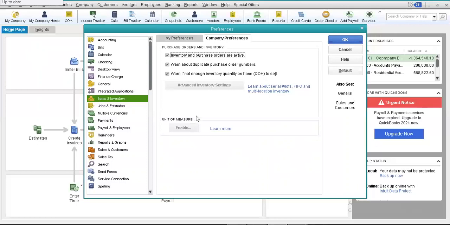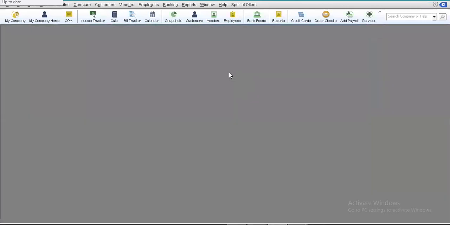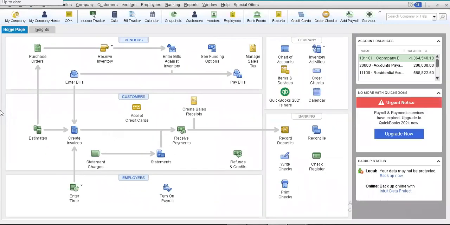All right, so my dear friends, you just select OK, and again QuickBooks will take some time to make these changes take effect. And now when you navigate to your company home, you can see that we again have the dashboard that we were used to watching. So my dear friends, inventory is basically of three types. Let me open my Excel sheet to give you a little explanation of inventory.